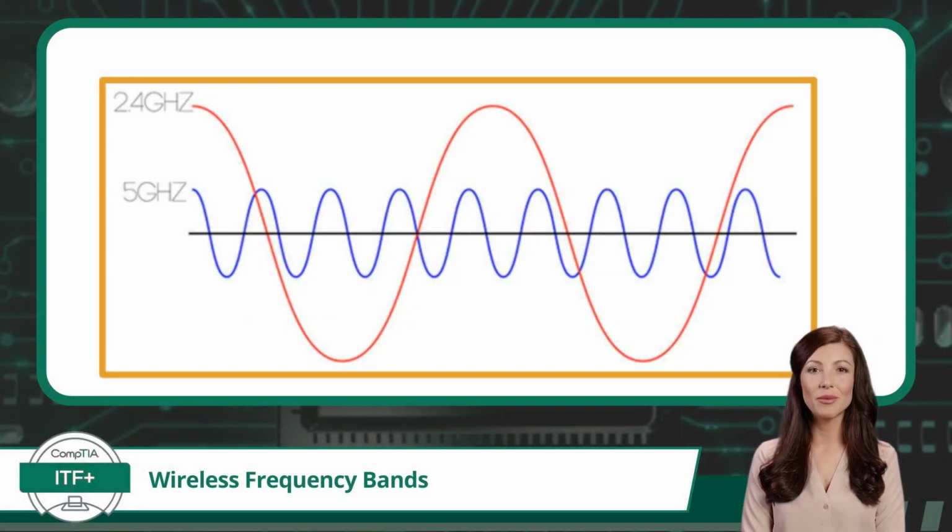The first frequency band we will discuss is the 2.4 GHz band. It's like a slow but steady marathon runner. The 2.4 GHz band offers better range, meaning it can travel further. This characteristic makes it ideal for providing Wi-Fi coverage in larger spaces. However, since it's quite popular, the 2.4 GHz band can get crowded, leading to potential interference from other devices that